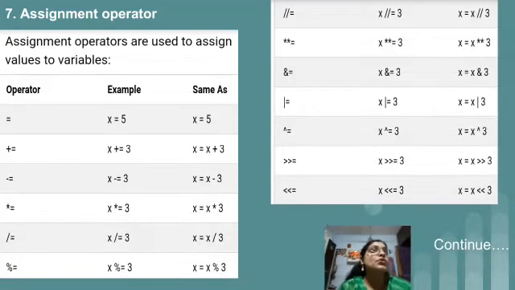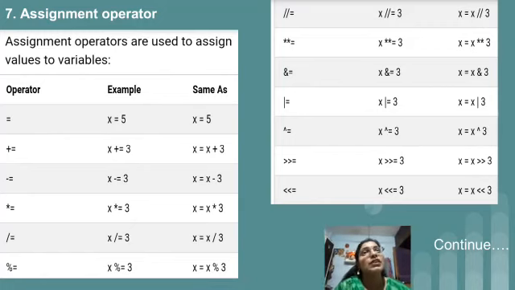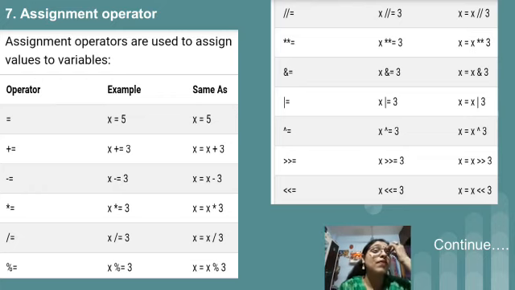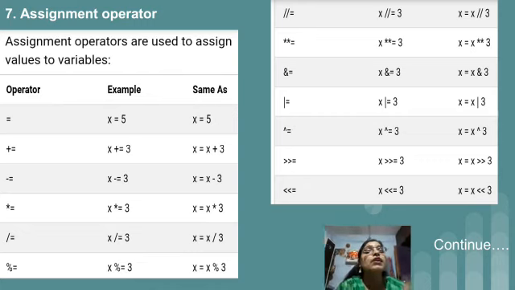After that, this is the last operator, the assignment operator. Along with whatever operators we have seen till now, we can use the assignment operator. As the name suggests, when we want to assign some value, we use the assignment operator. If you want to give the value 5 to x, we write x equal to 5. Similarly, plus equal to means x equal to x plus 3. If you don't want to write x 2 times, we can write it only once using the assignment operator, that is x plus equal to 3. It will perform x equal to x plus 3.